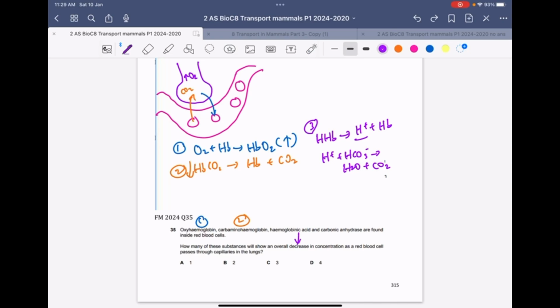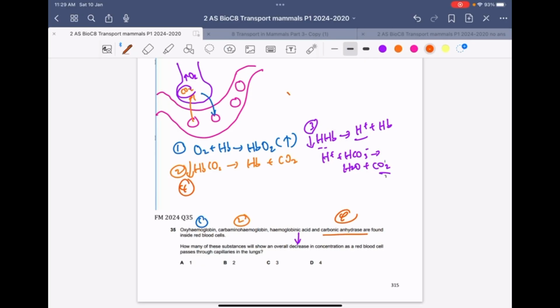The hemoglobinic acid is actually reducing. 这就是因为这个 hemoglobin acid 啊，它是 carry 着这个 H plus ion 的，所以在这个肺部里面的时候，它需要把这个 H plus release 出来，所以这样这个 H plus 才可以和这个 HCO3 minus 这个 bicarbonate ion 结合，变成这个 carbon dioxide，再排出体外，通过 exhalation，所以这个 hemoglobin acid 的浓度是下降的。然后接着我们来看最后一个，就是这个 carbonic anhydrase。